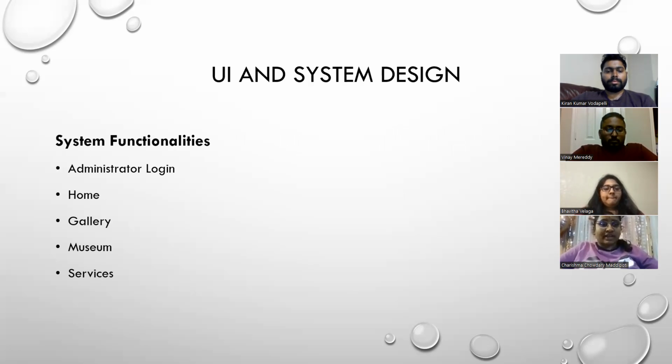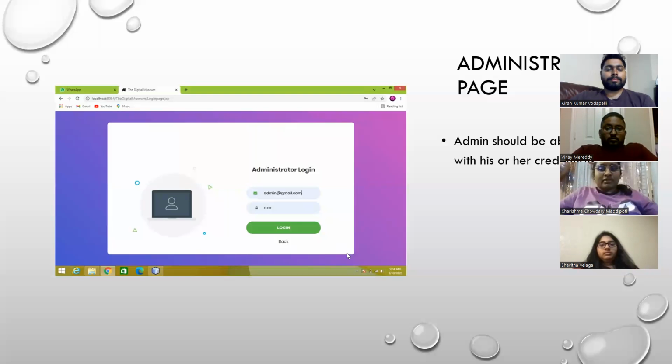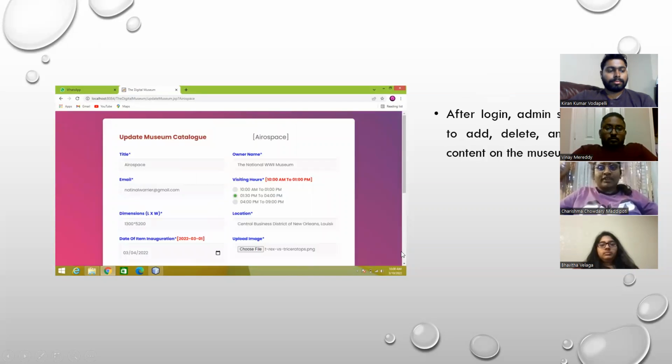User interface and system design. System functionalities. We have five functionalities: administrator login, homepage, gallery, museum, and services. Coming to the administrator login, admin should be able to log in with his or her credentials, and after the login, admin should be able to do some operations like add, delete, and update the content